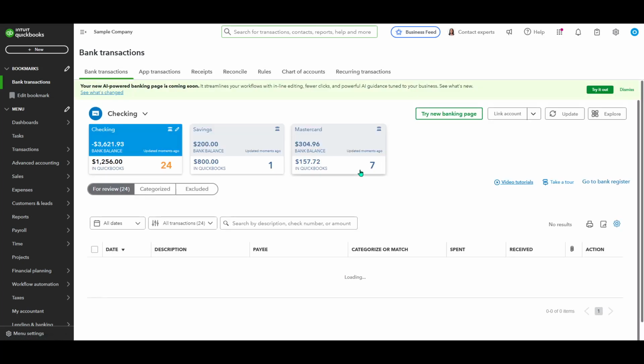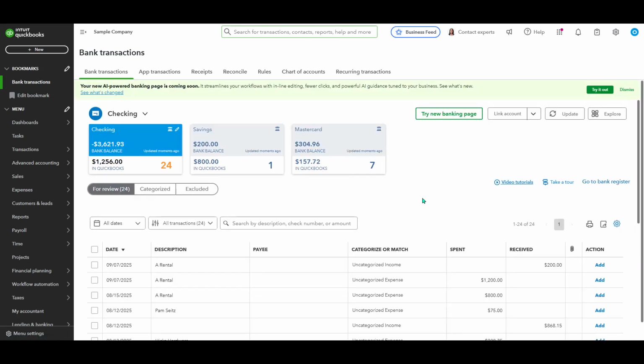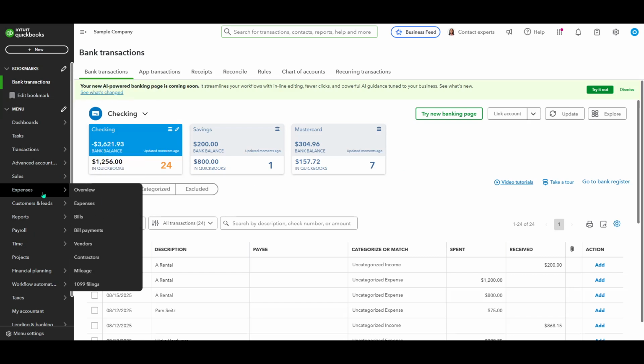In today's video, I'm going to teach you how to reprint checks in QuickBooks, a step-by-step guide designed to make this process simple and straightforward. We're diving right in, so make sure you're logged into your QuickBooks account to follow along. Once you're in, you'll notice the interface is packed with features, but don't worry, I'll help you navigate through it